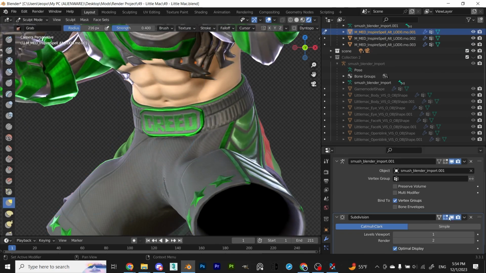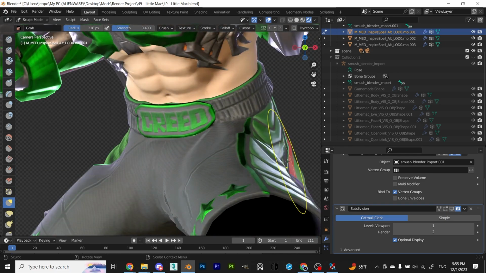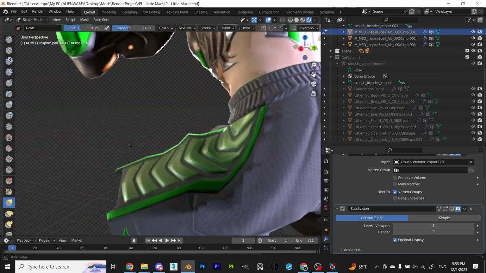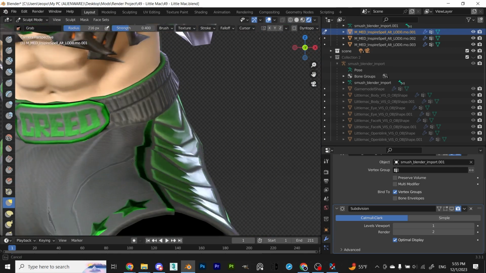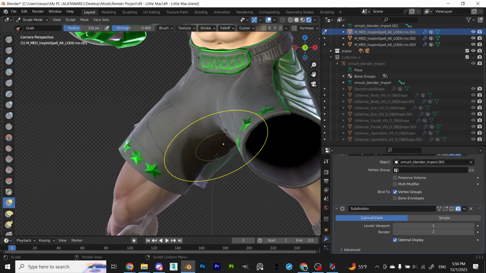Similarly to step 2, you are going to model with either sculpt mode and messing around in pose mode. It's mostly just trial and error.